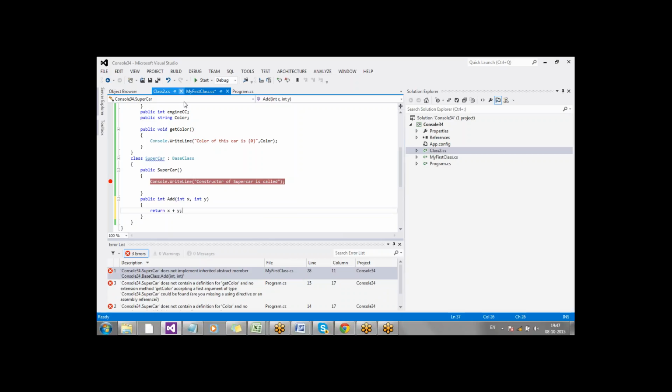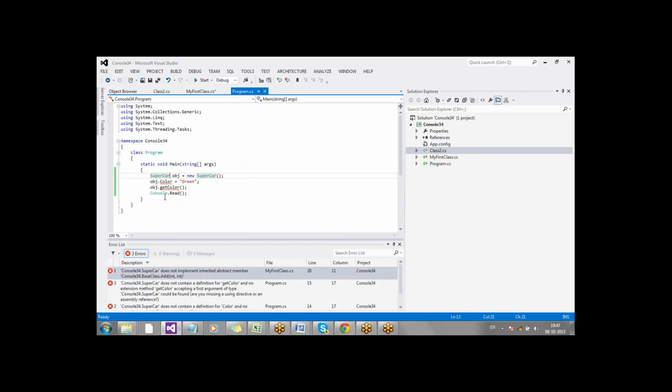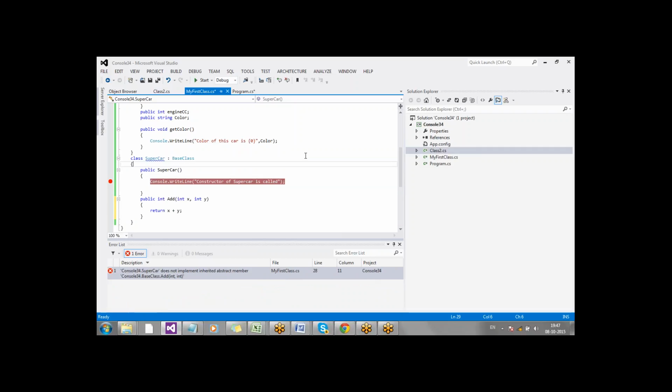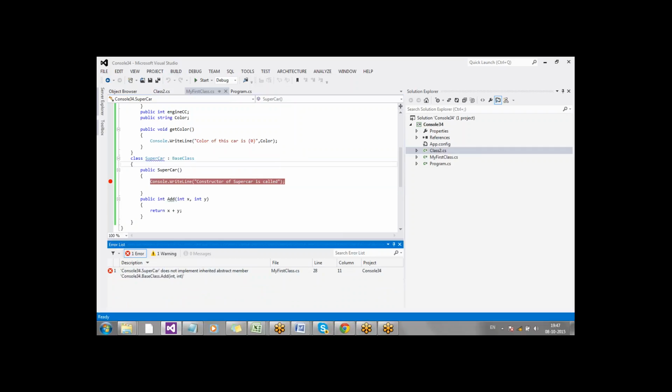Why will it work or why will it not work? Why will it not work? Do you still see the error? Why is it not working? No implement? We have implemented it, right? We have provided the implementation.